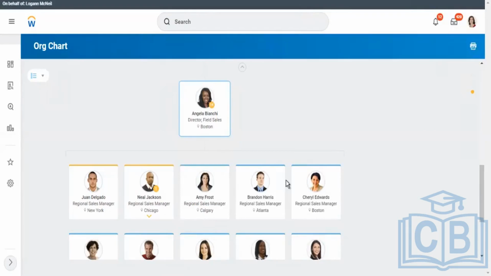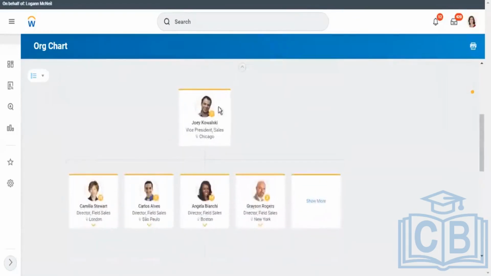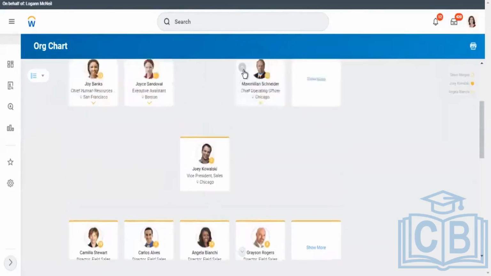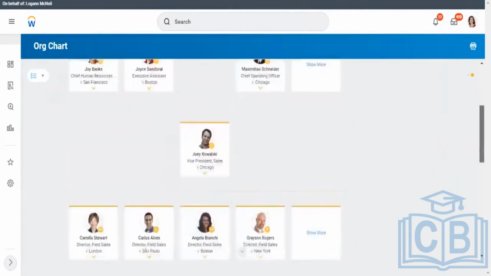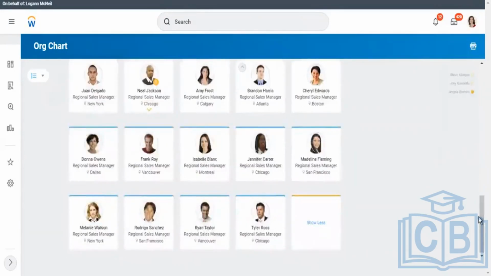The supervisory organization is one of the primary organization types we have in Workday. It groups all the employees to be part of the management hierarchy, which you're seeing here. This is completely a hierarchy. The supervisory organization allows employees to be part of this hierarchy. If you keep going down, you'll get down to the same organizations where the complete hierarchy is maintained. And the supervisory organization manages employees to be part of this organization.